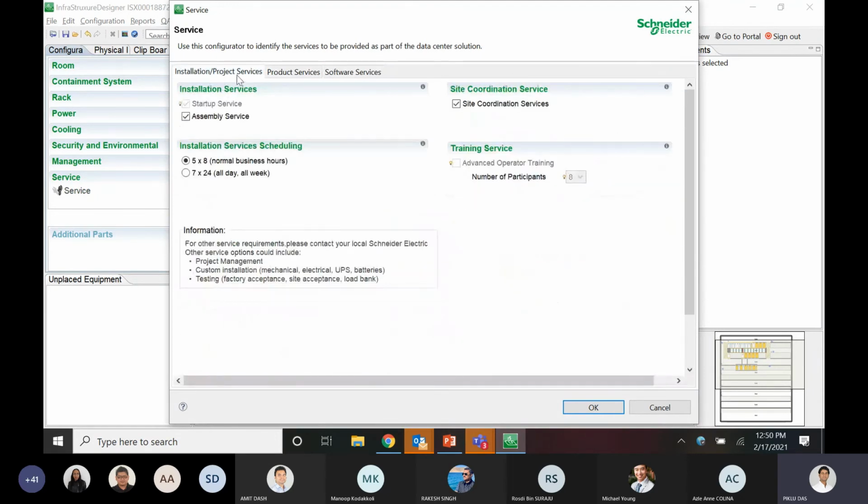Under the installation project services, you can see the startup service is mandatory for each of the components which is available right now in the design. So we understand for the cooling and the power, the startup is quite mandatory, so it always goes by default. The assembly service is kind of optional, because most of our partners or third-party vendors can go with their own assembly service and not select the Schneider Electric service.